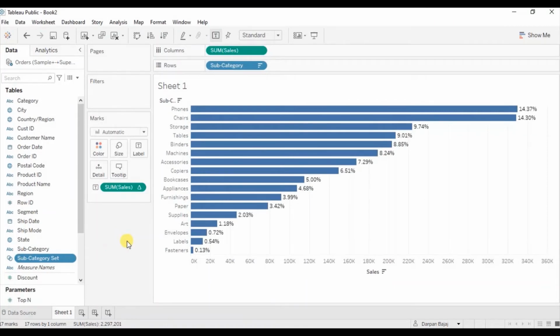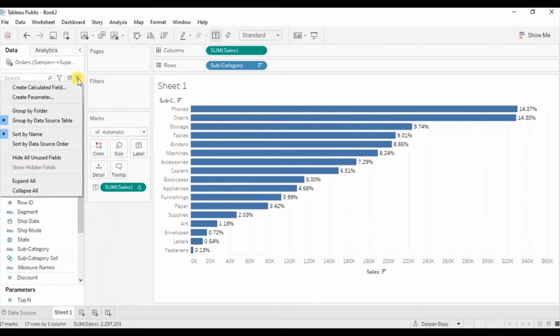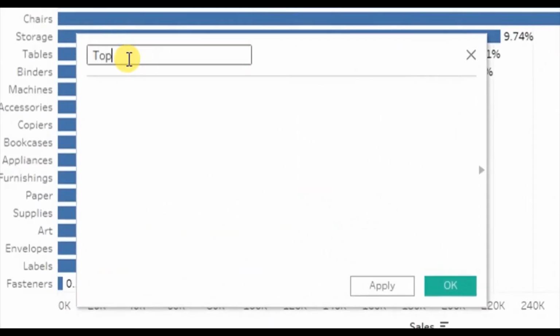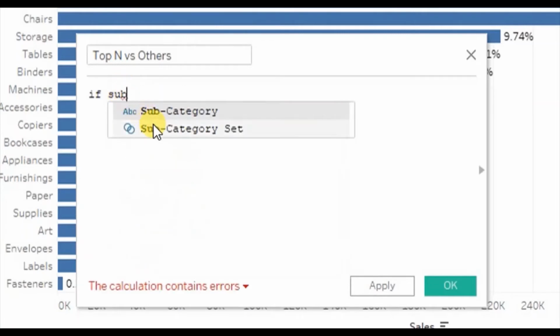Now we will create a calculated field which will help us to show top N subcategories and group the remaining subcategories in others. So let's click on the drop down and select create calculated field. Let's name it top N versus others. Here write the formula: if subcategory set, the set we created,